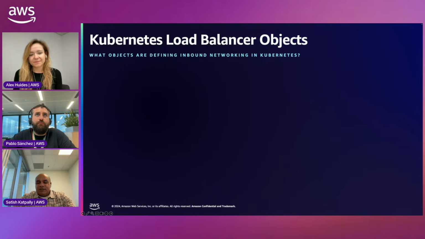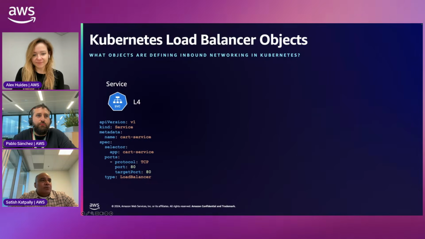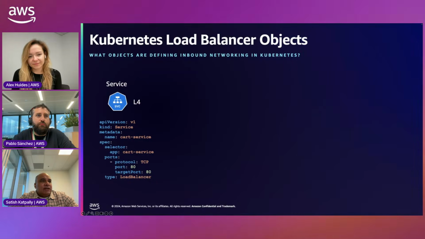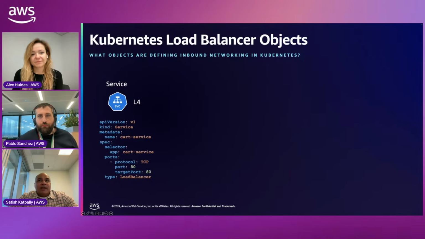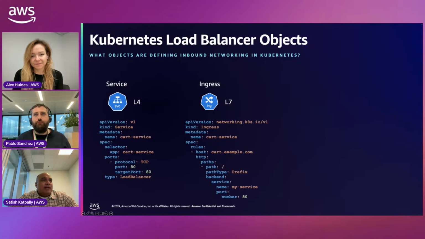If you look at the existing Kubernetes objects, the load balancer objects in the Ingress APIs, it started out with layer 4 load balancing, very simple. When you say service type equals load balancer, you get layer 4 load balancing, very simply TCP-based load balancing, as an NLB gets spun up by the load balancer controller today. And then if you say Ingress type equals load balancer, then we spin up the ALB in the load balancer controller for you, with layer 7 support for your services.